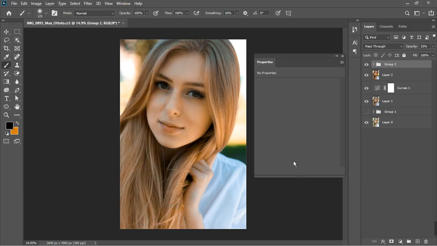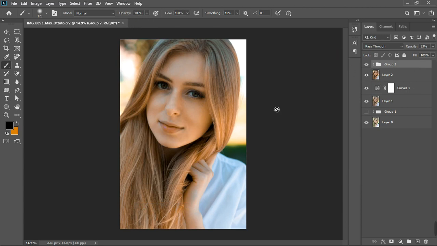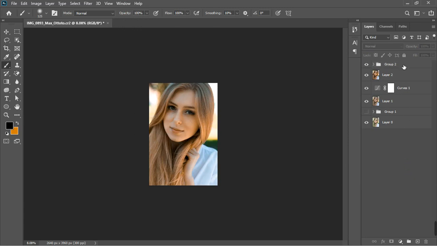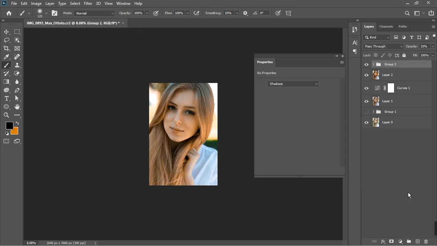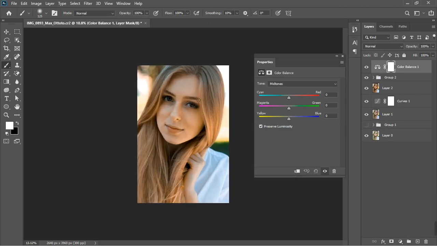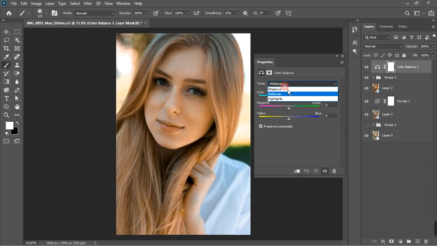Properties of the group, there's no property. Alright, so let's leave that as it is. Now last thing, let's use the color balance adjustment layer, and for that I'm going to go to the shadows first of all,